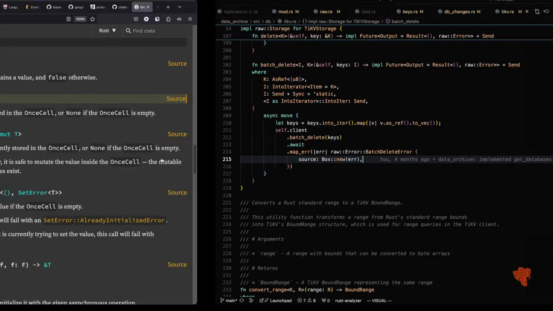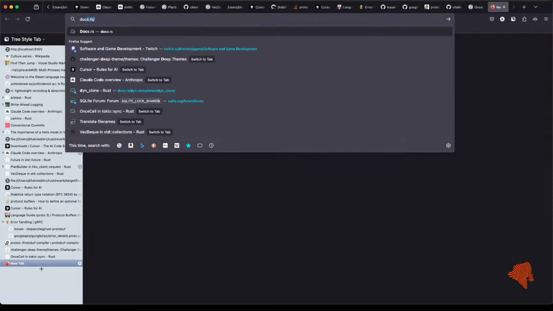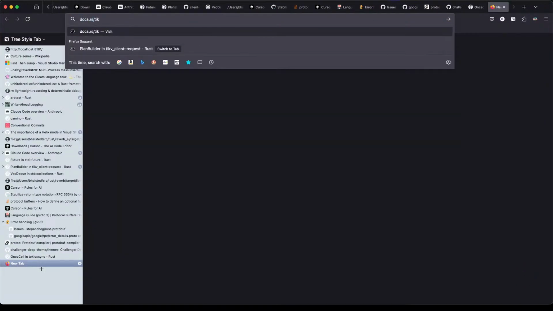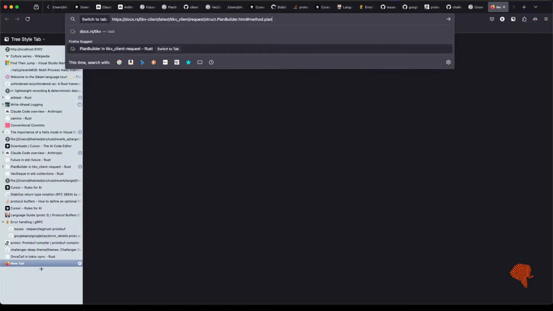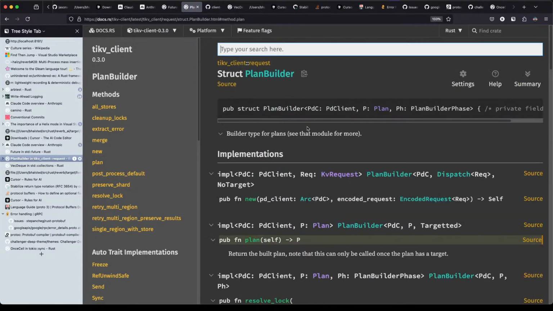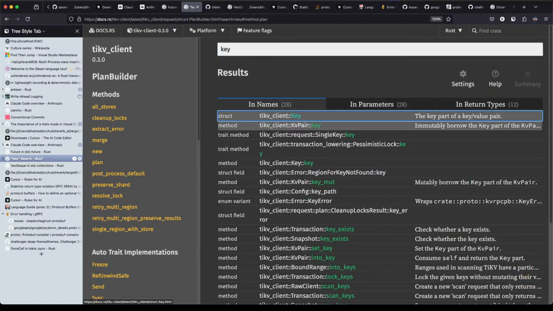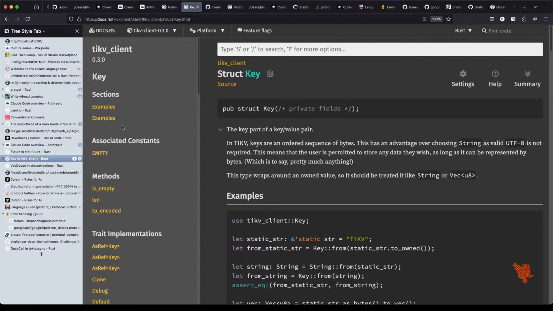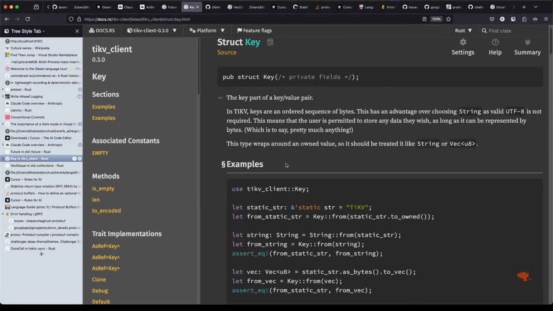If we look at the docs, TiKV client key. Look at this key, right? And it's fairly opaque to us.